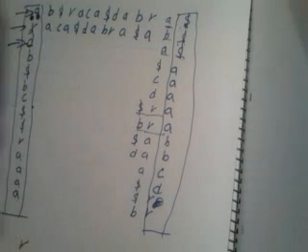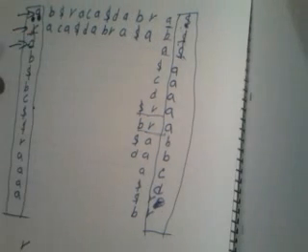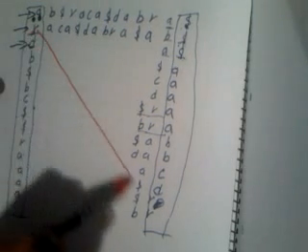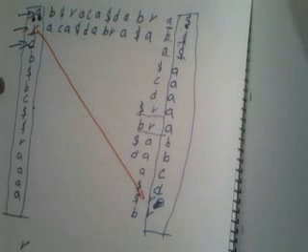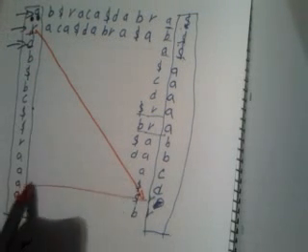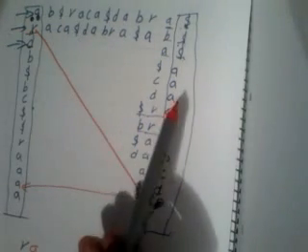Let me change the marker. So if you see, this is the first R. So we go to the last column, which has the first R, and corresponding to this R is A. So we write A, and if you see, this is the first, second, third A. So we go to the third A in the last column, and then that is